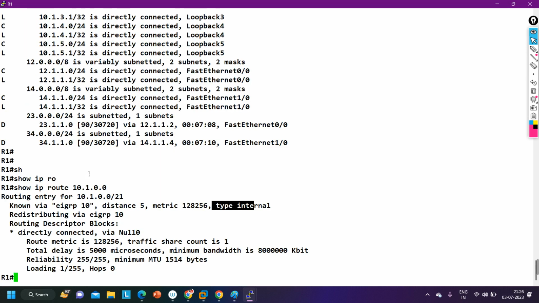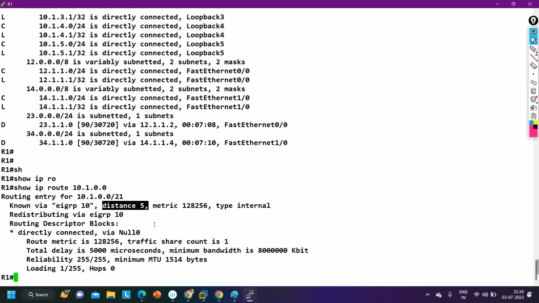Okay. Yes, tell me why the router has installed this entry in its routing table. What is the requirement of it? And the distance is what? Distance is 5.